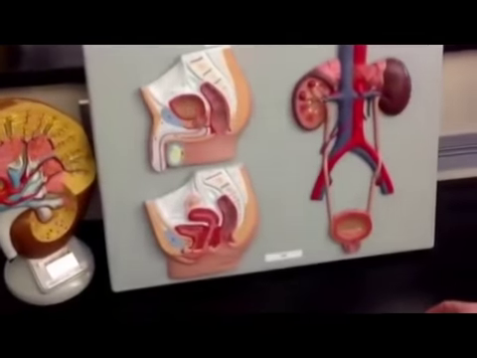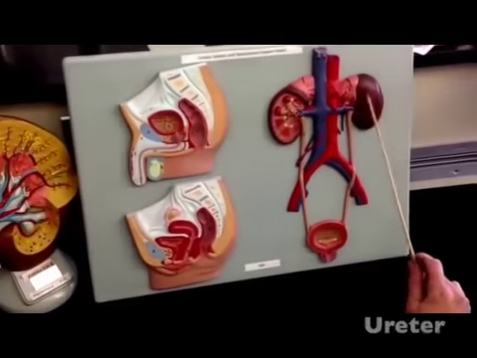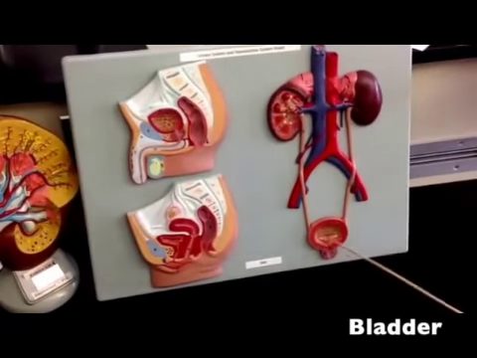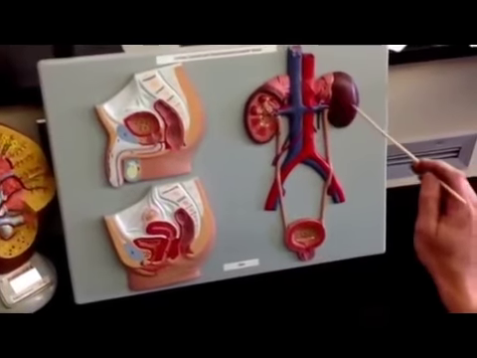Yeah, we're good. Okay, so we're going to start big and get small. So I'm just going to do big ones. So kidney, right? Ureter, bladder, urethra. So if we go to our kidney,